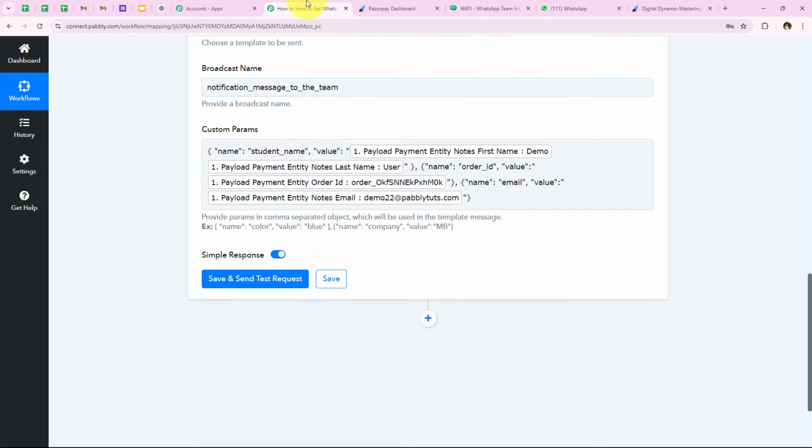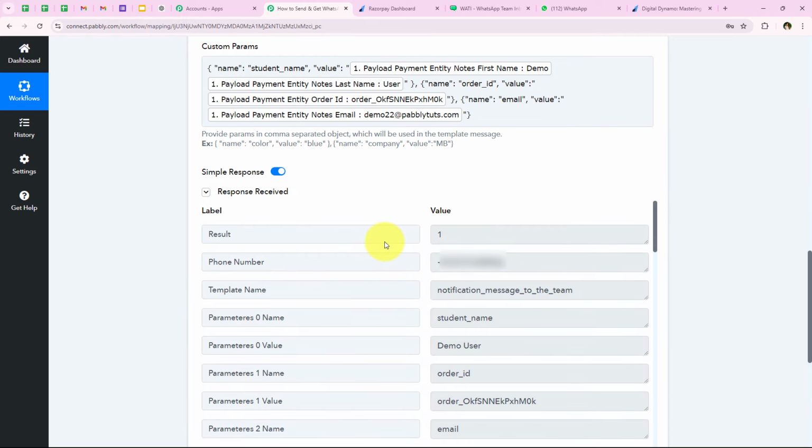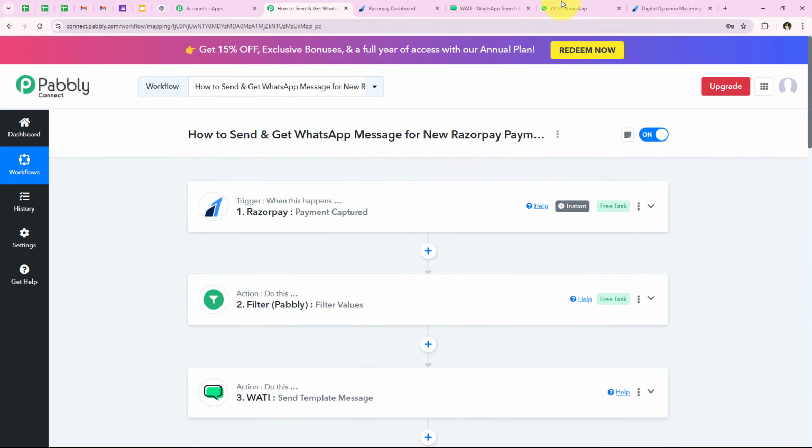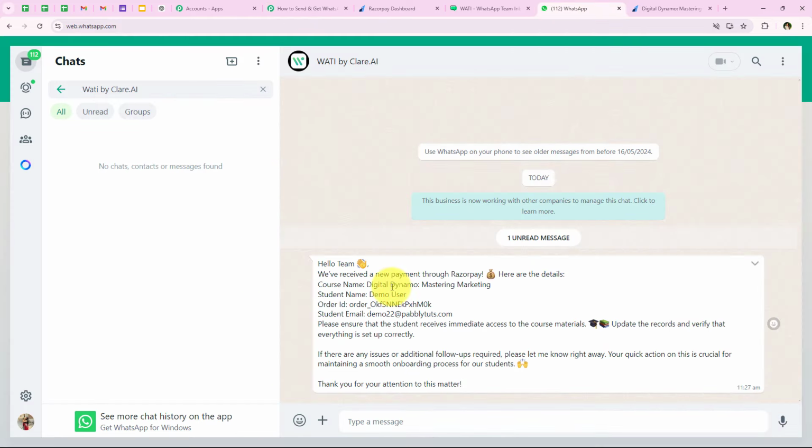So now after doing this, we are going to click on save and send test request. And as soon as we click on save and send test request, again you can see that we have successfully sent a WhatsApp message to our team with the same template. So what I'm going to do is, again I'm going to open my WhatsApp and check for the WhatsApp message sent. So I'm going to open my WhatsApp right from here, and yes, you can see that we have received